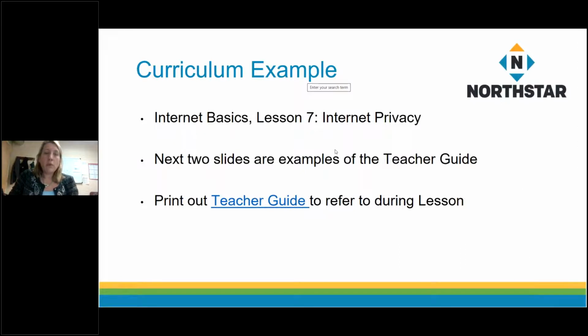But what we're going to look at as our example is the Internet Basics Lesson 7 on Internet Privacy. I'm not going to teach obviously the whole 2-hour curriculum. I'm just going to teach a portion of it for you just so you get an idea of what it's like to be a learner going through this curriculum. And then once you go through that, I'll show you what I as an instructor saw. But I am going to first